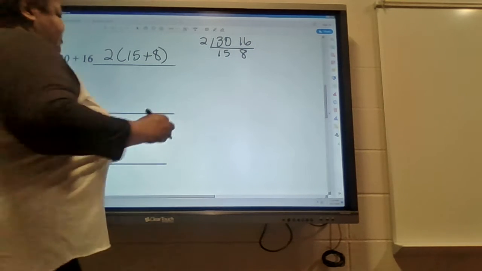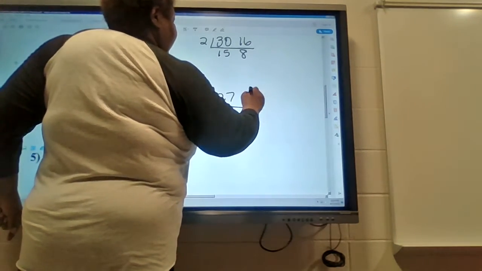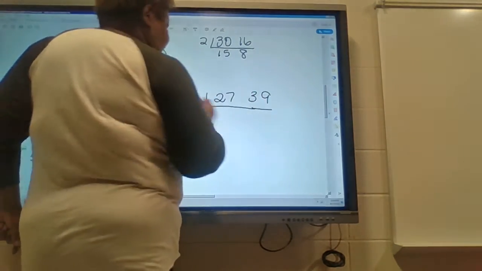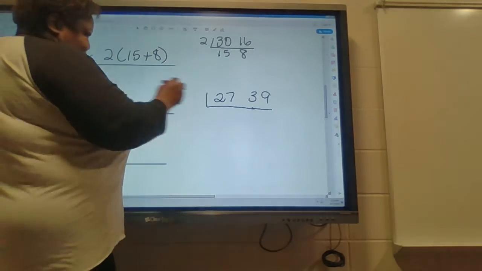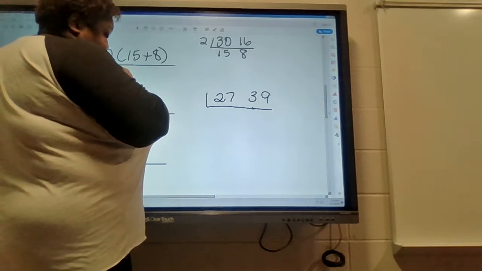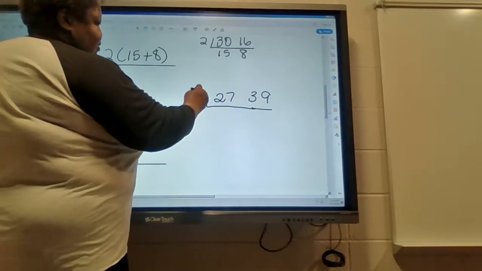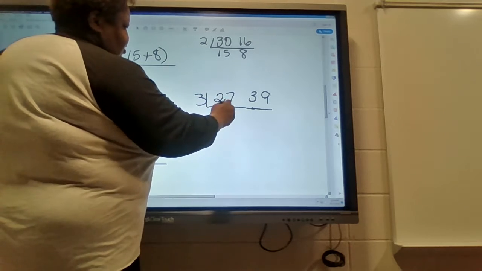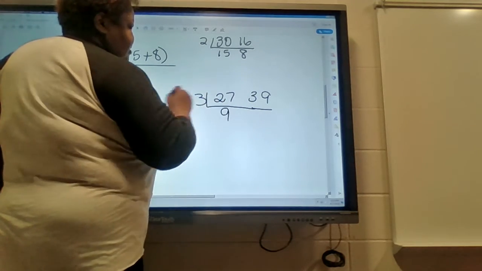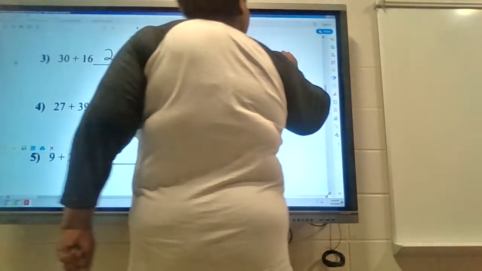Okay, so now the next one is 27 plus 39. So we need to find the GCF. Let's see, they're not even. 7 plus 2 is 9. That's divisible by 3 and also 9. 3 plus 9 is 12. That's divisible by 3. So we're going with 3. 3 goes into 27 9 times. 3 goes into 39. I think it's 13, but let's double check